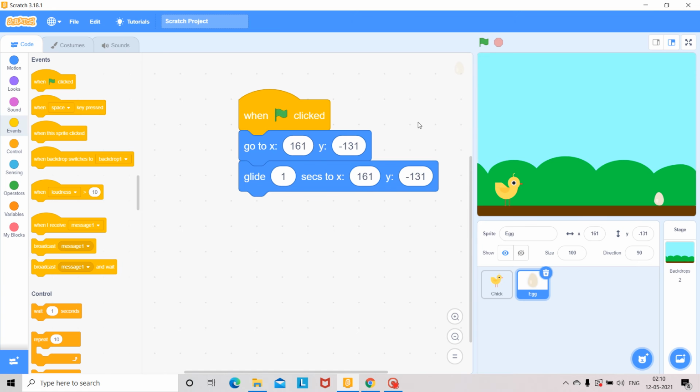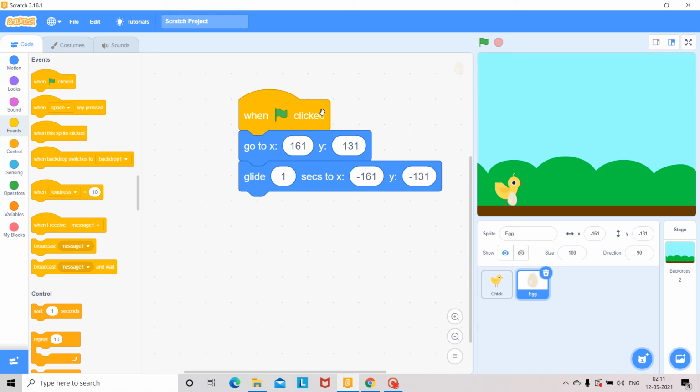It is not moving because the egg should come towards the chick in the opposite direction. So here in the gliding, we will change the value to minus 161. Now you can see it is coming, but only one egg is coming, it is not repeating.